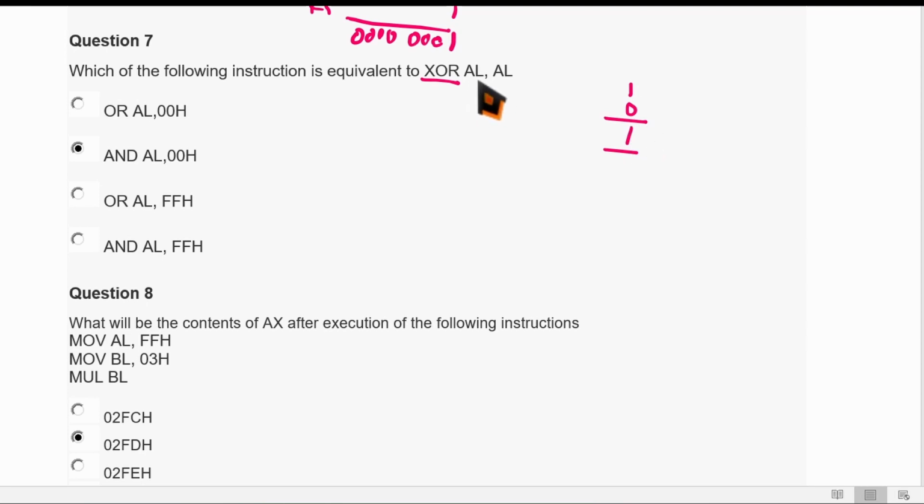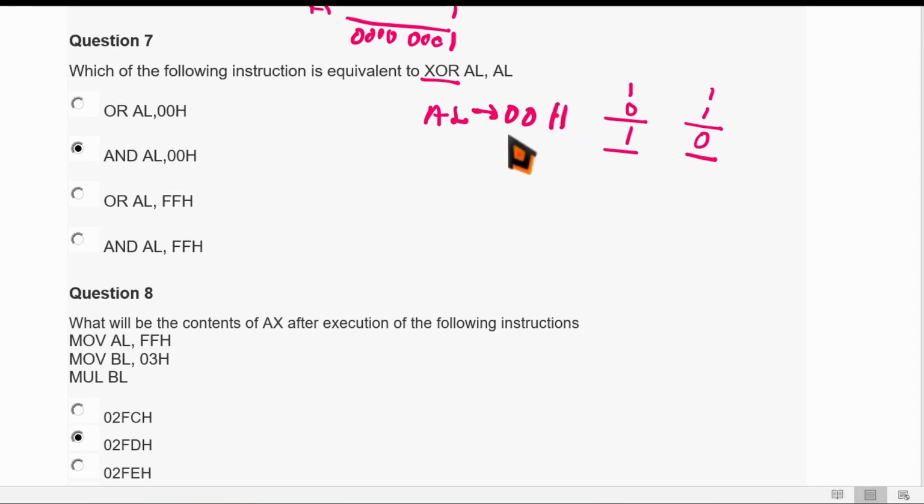Whatever value you have in AL, if the same value is exclusive ORed, then the result will be 0. So when you do this operation, AL will contain only